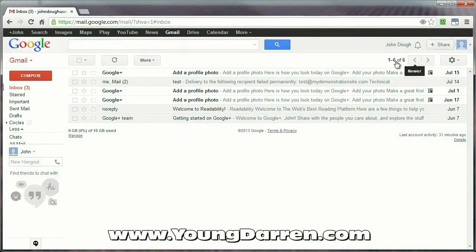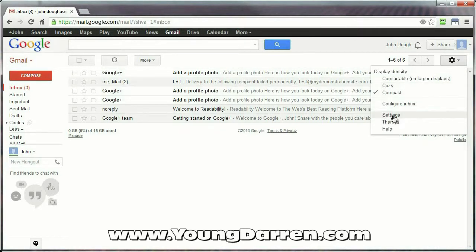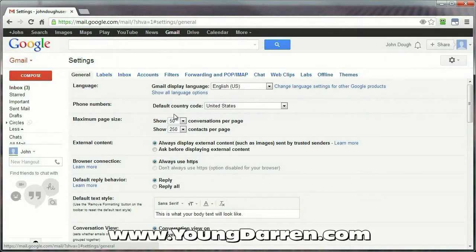To change that, you come on in here to your settings, which is right here next to the gear icon. Hit that drop down arrow, come on down to settings, and right here I've got mine set to 50. Another customization you can make is your hangouts and chats can be moved over to the right side